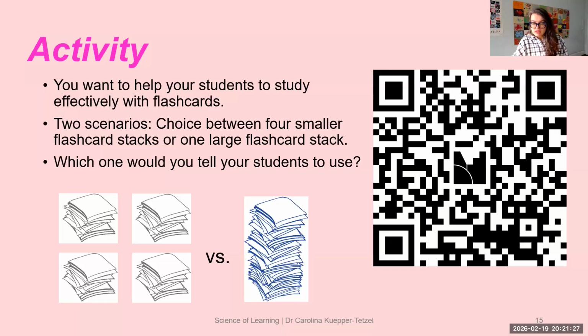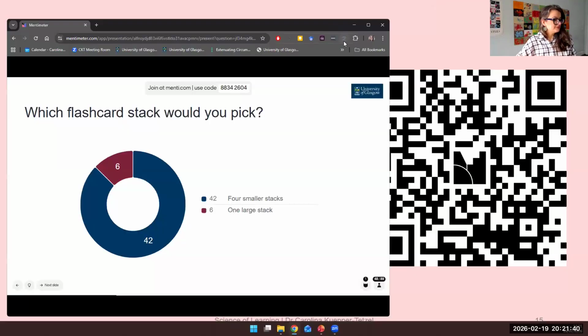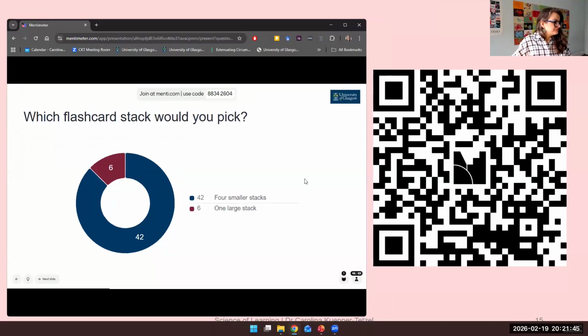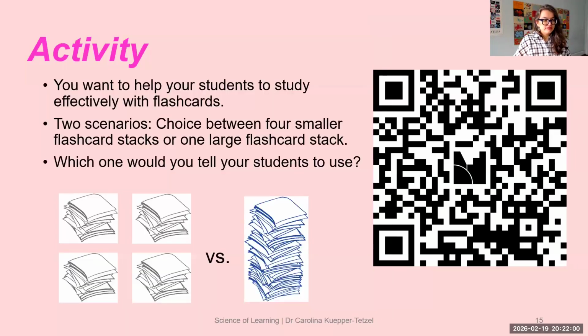Okay, I think we have a couple logged in, but only a couple. So this is the result at the moment. So we have a majority for 4 smaller stacks over 1 large stack. Okay. And what I'm going to do today is I'm going to try to convince you to use the